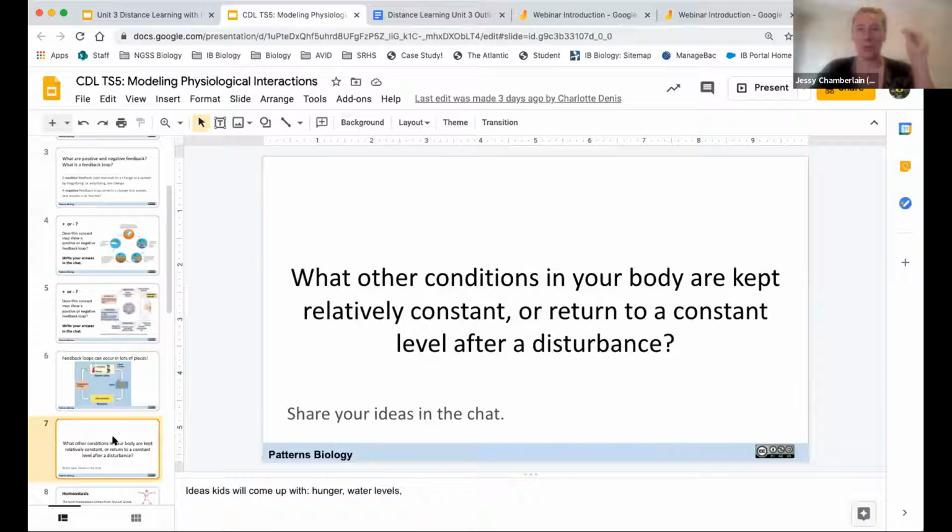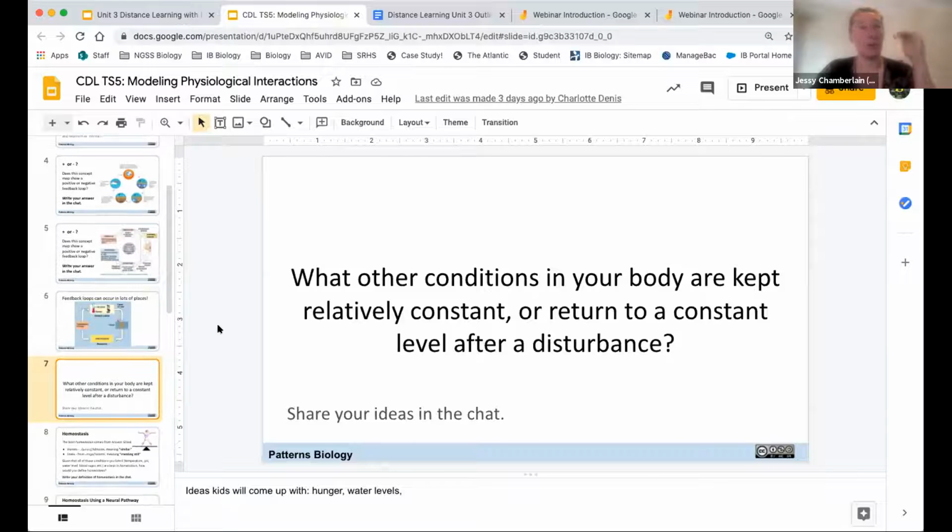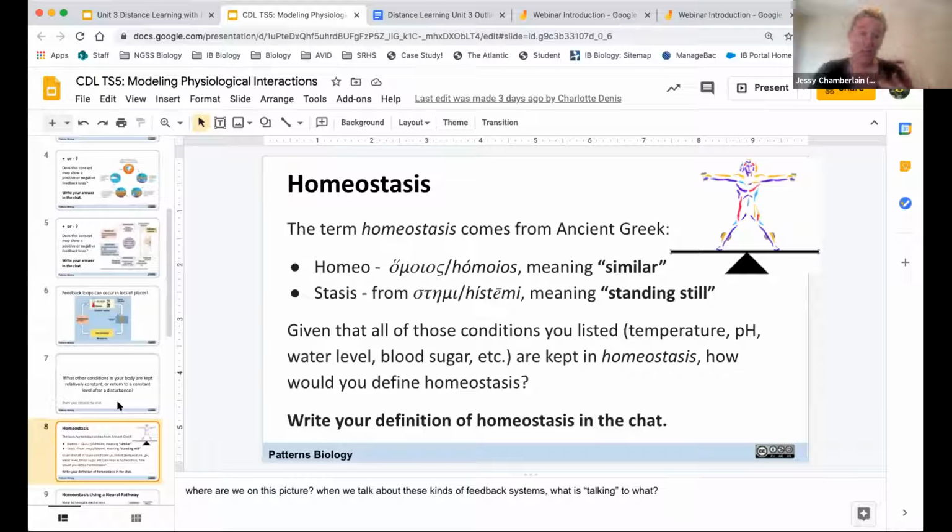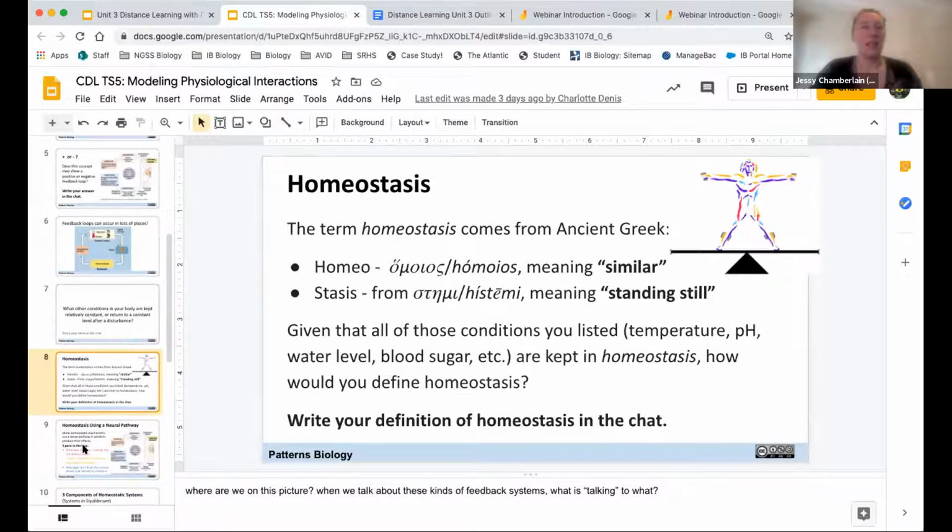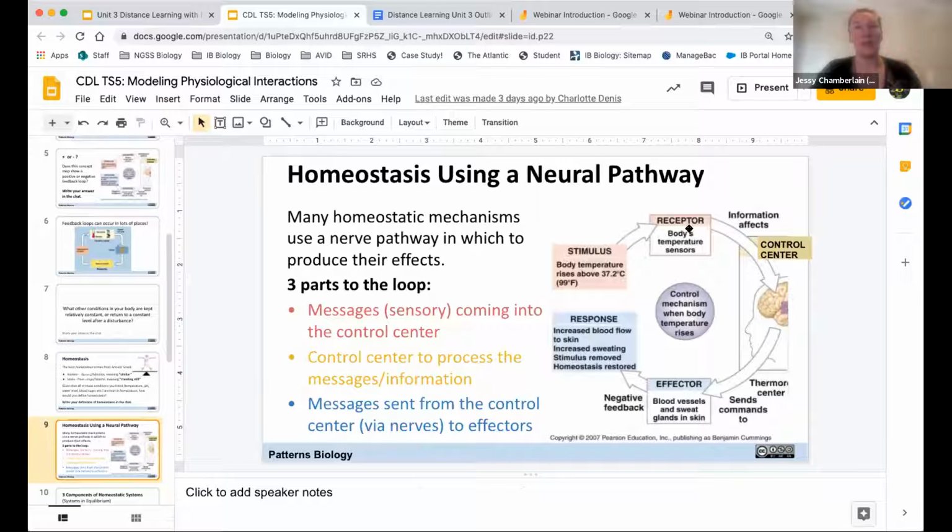So then we tie those feedback loops into the idea of homeostasis, right? Your bodies do this all the time. They turn on and off. And then we walk them through homeostasis of a neural pathway. So if you'll remember, the other slides had like double loops, double pathways of like the positive stimulus and then like returning back to heart rate. And it was very complex and complicated. We decided just to keep it as simple as possible and really point out the main things they need to know, right? So some messages come in,